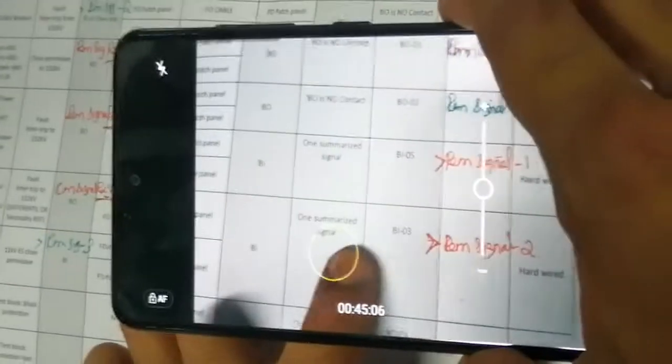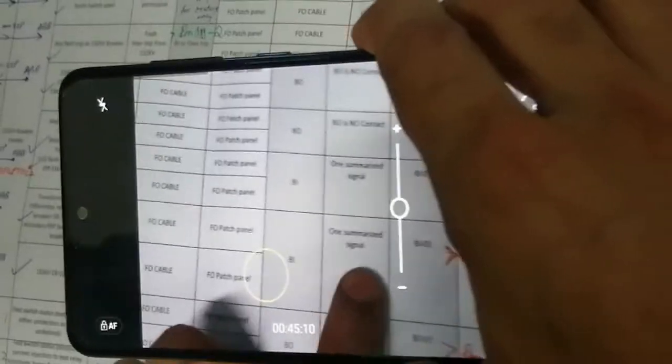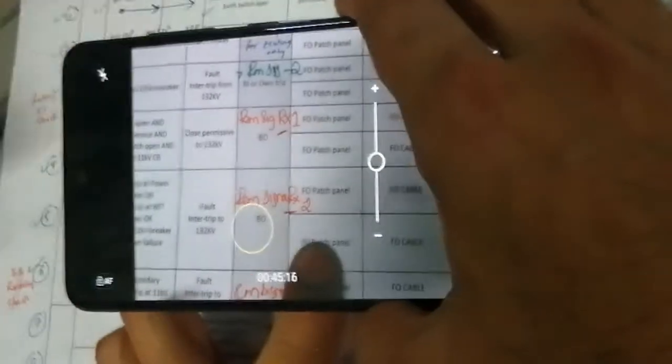The ABB relay provides one summarized signal on its output, which is the X110 card SO4 output. That signal goes to 11 kV Ciprotec relay binary input number 3, and from here the 11 kV Ciprotec relay sends this signal through a fiber optic link to the 132 kV Ciprotec relay.